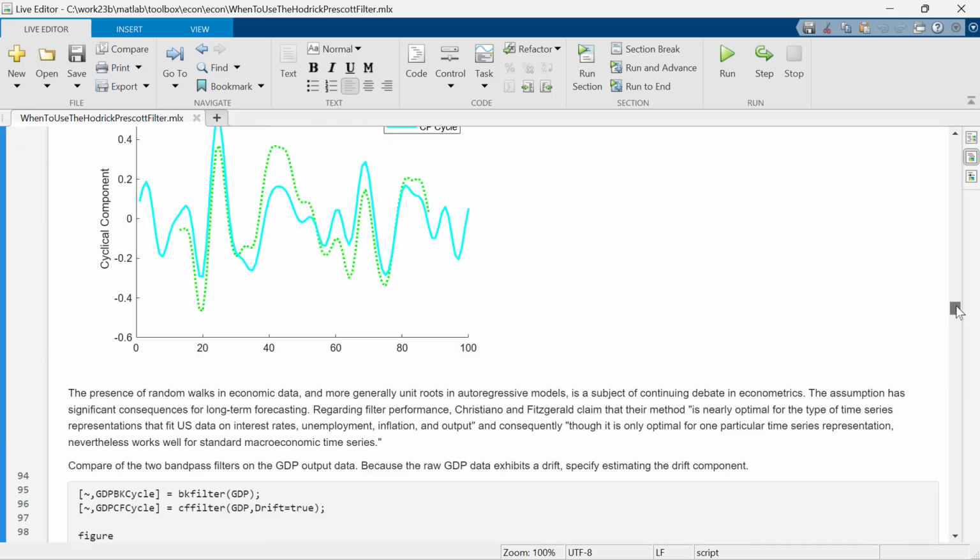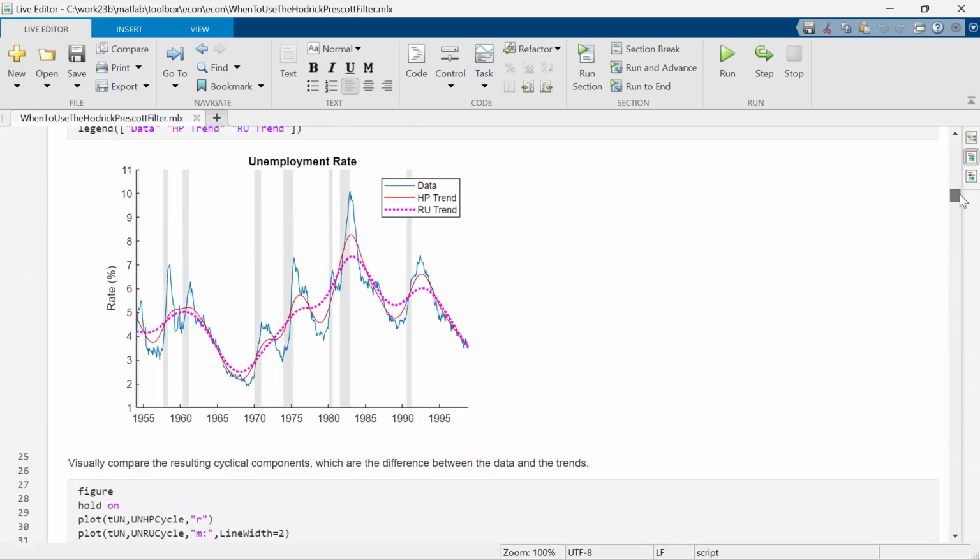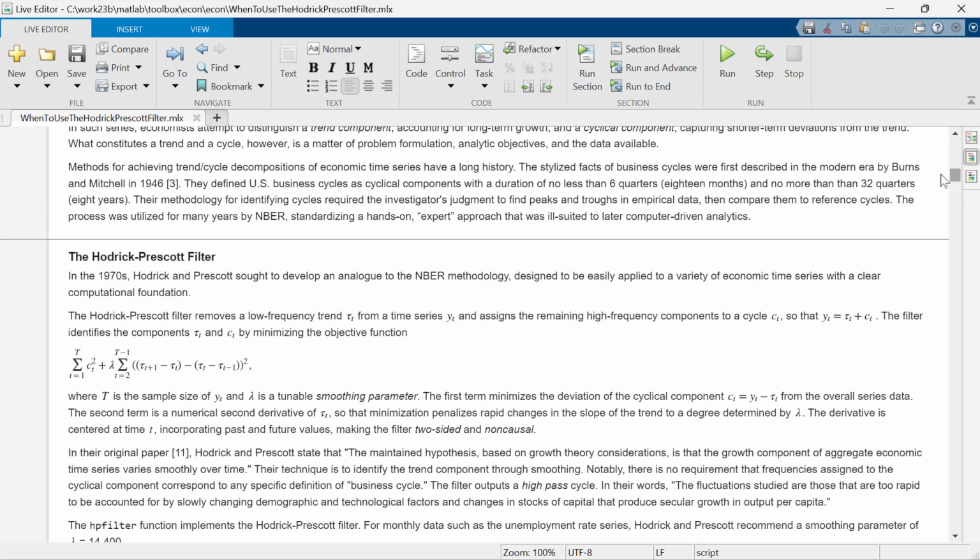But also, if we go all the way back and look at the objective function that gets optimized in the Hodrick-Prescott filter, notice that this derivative that it's calculating involves not just values at time t at any point, but subsequent values and previous values. So it's what's called a two-sided filter. It's looking at data both before and after time t, at any time t, in order to compute this derivative and then do the optimization.